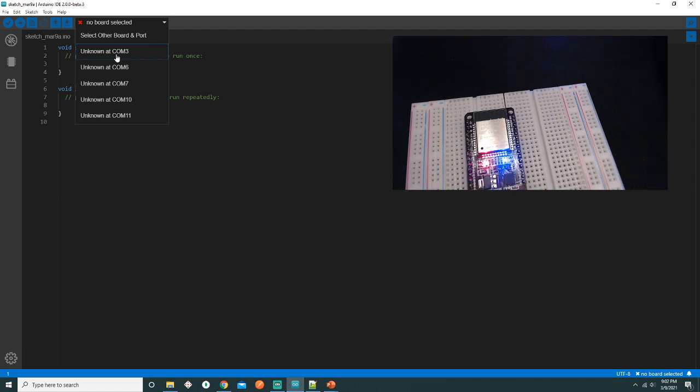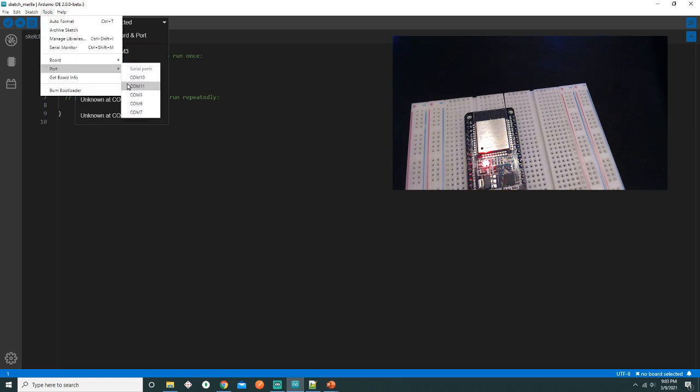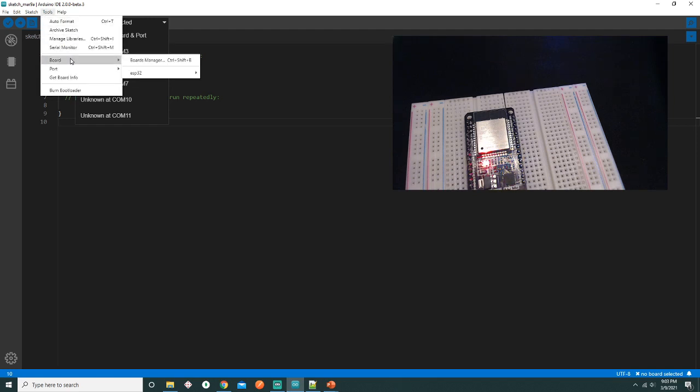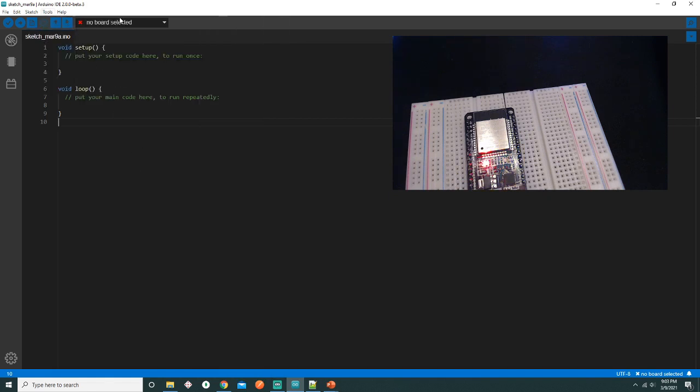Yes, it's working now. This is one good feature, because earlier you had to go to Tools and then the Port option, and while this menu is being displayed, if you connected or disconnected a device, the port list never used to get refreshed. So I believe this is a new addition in this IDE. Also, earlier the option of selecting the board was available only in the Boards menu. Now it is available right on top of the editor. Now let's proceed and select the COM3 port.